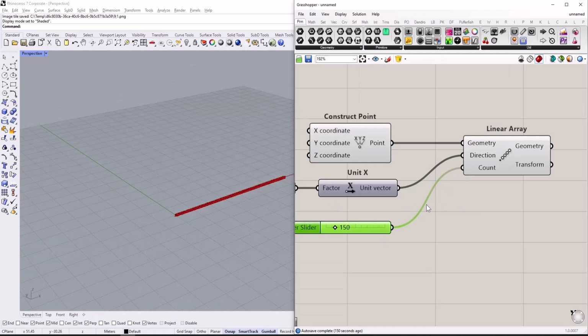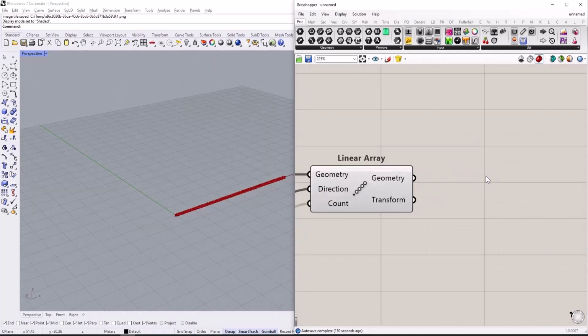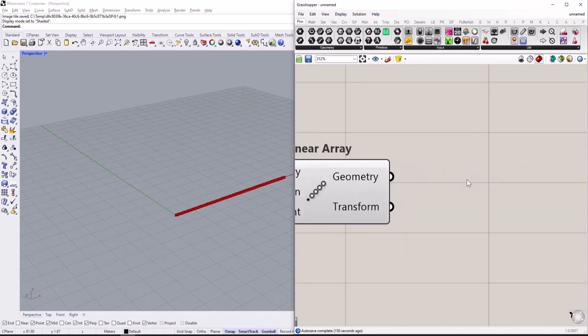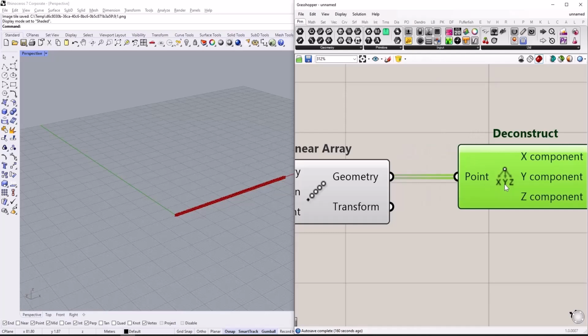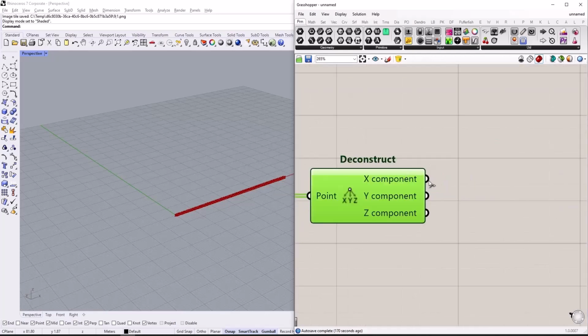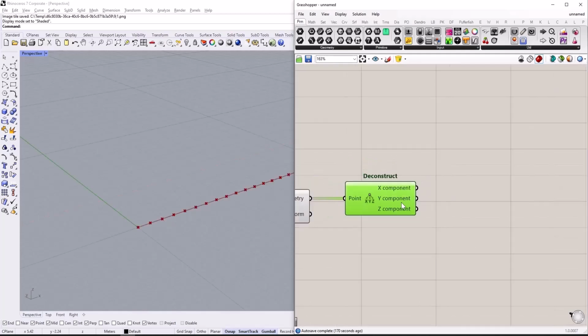Now I need to access the individual components of these generated points. For this, I use the construct component. I type the construct component. I connect the points to the geometry input, and it provides the x, y, and z coordinates separately for each